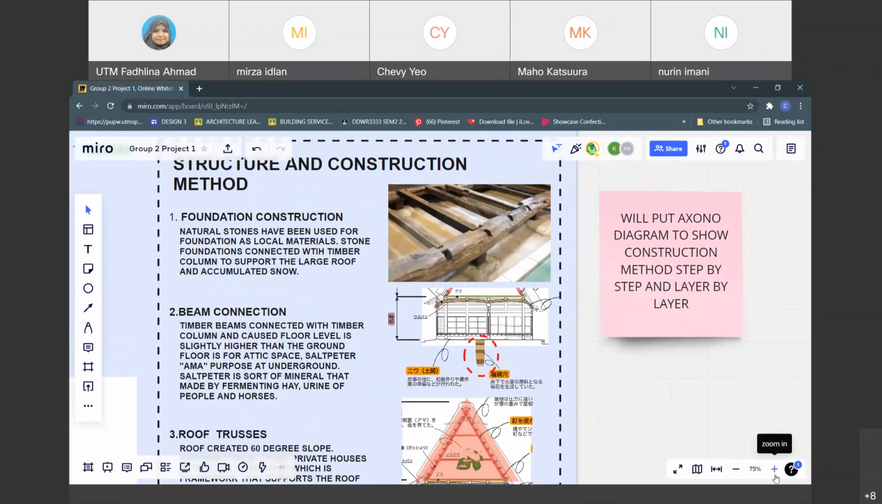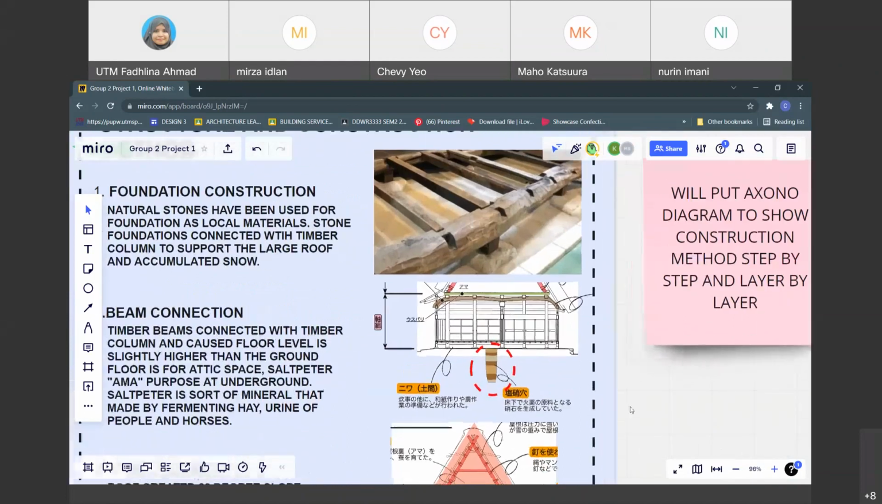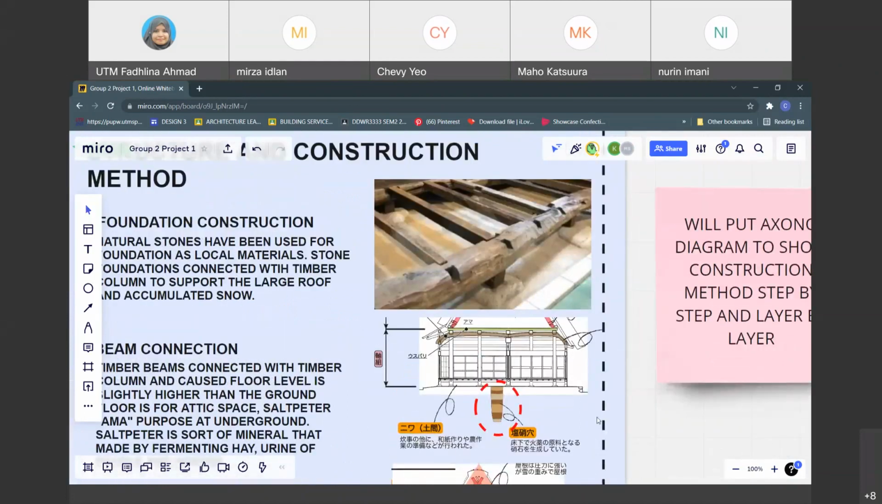So how do they put all those things? Or is it a hole on the flooring? I think so. Maho, do you know how they put all those things over there? Sorry, this thing. How do they use this one? Do they just open one part of this